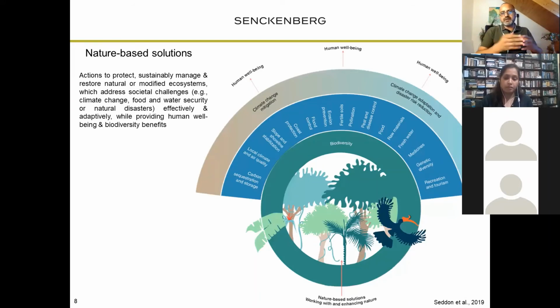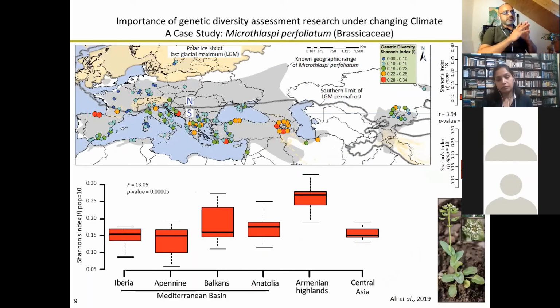And then in turn, as you see from this graphic, this whole thing can contribute to climate change mitigation and adaptation. It can reduce the disasters that might be caused by dramatic climate changes. And overall, who is going to benefit? Humans are going to benefit. We cannot expect to benefit or survive at the cost of our ecosystem and biodiversity. So we really have to look judiciously at what damage we are causing to our ecosystem. Then we also have to strengthen our research that is looking at different patterns of